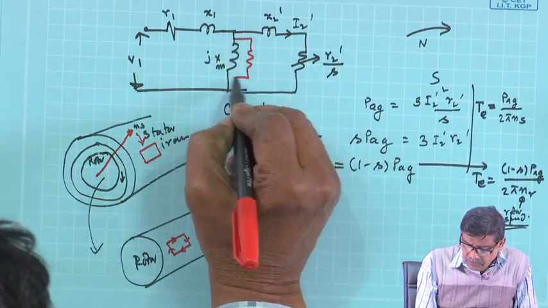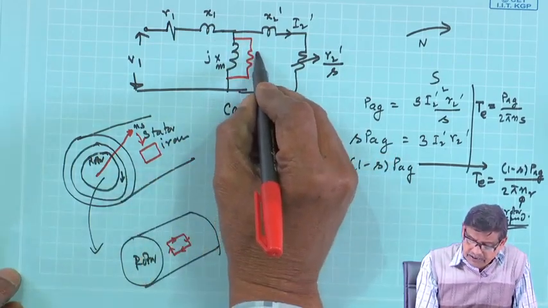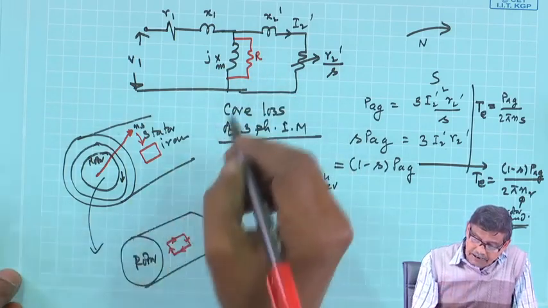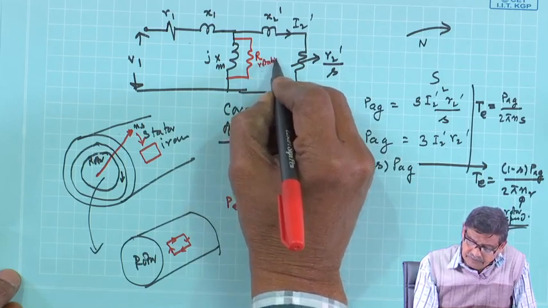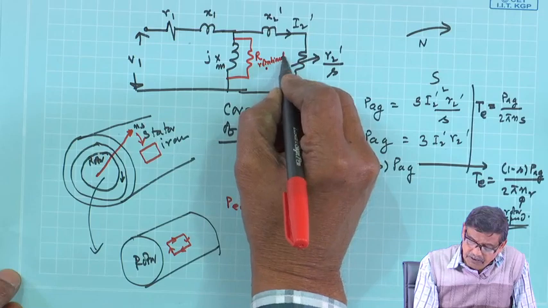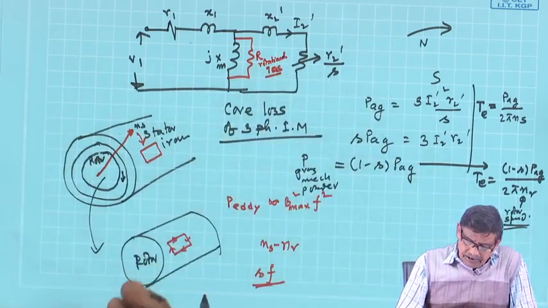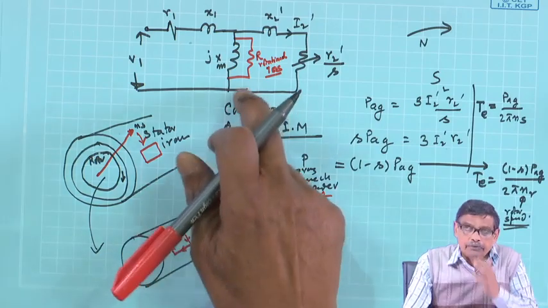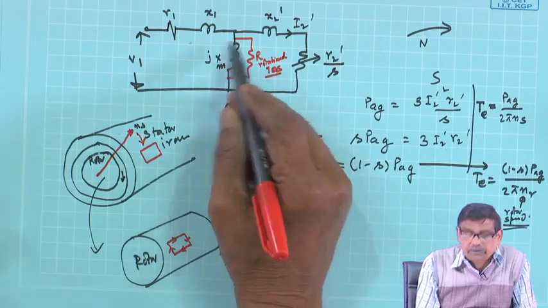So, if you want to further improve upon this equivalent circuit, you can write here one resistance which is called rotational loss. The power loss here is rotational loss, which will be because of eddy current loss, and of course, it has got another component called frictional loss. I will come to this, but anyway, to take into account of eddy current loss, we have to connect a